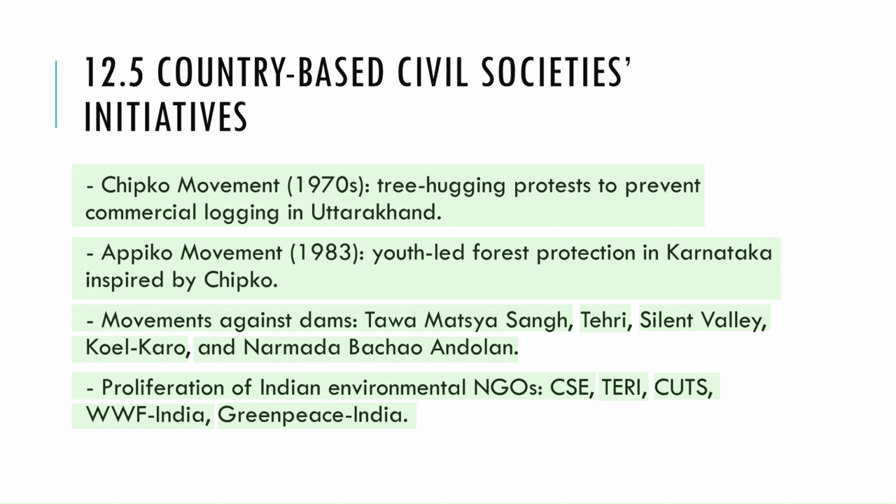Grassroots groups like Tarun Bharat Sangh worked on watershed management and rainwater harvesting, combining technical knowledge with community involvement. Together, these organizations create a strong network that supports grassroots training, influences policy, and takes legal action, making sure that local experiences shape national strategies and national support reaches the grassroots. On the next slide, we'll tie everything together and highlight how state policies, civil society efforts, and grassroots action intersect